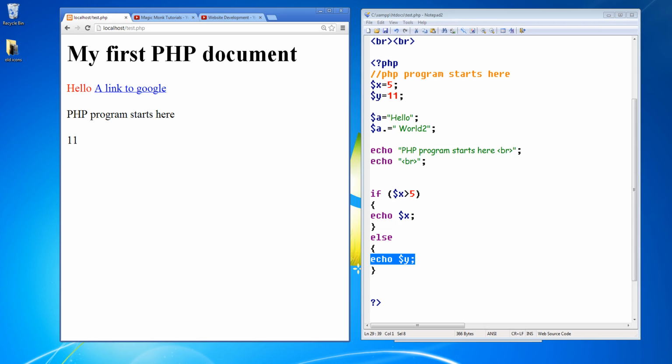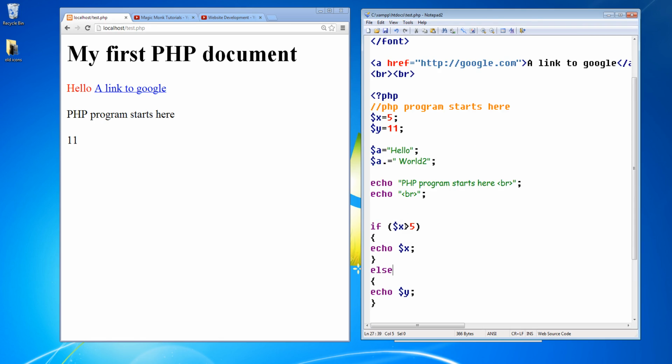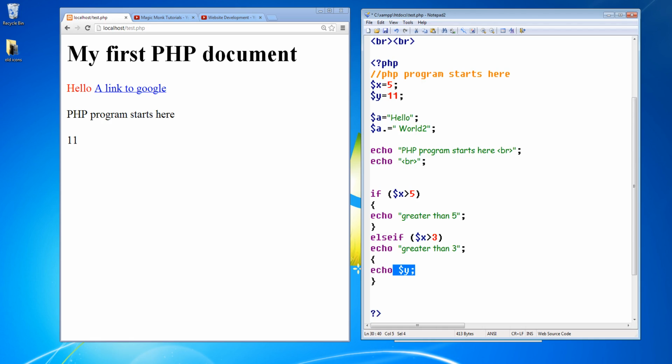Now, if you want to conduct more than a single test, you can also use the else-if statement. So we can say if x is greater than 5, we will echo, let's say, greater than 5. Else if x is greater than 3, we will say echo greater than 3. Else, sorry, I forgot some brackets here. Else we echo,